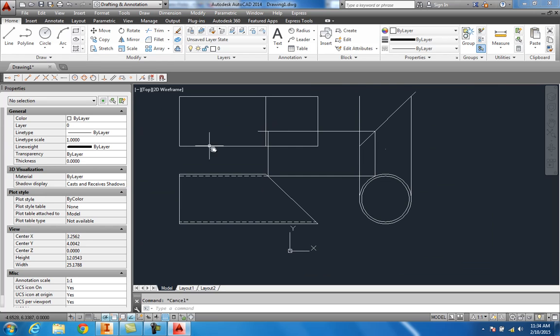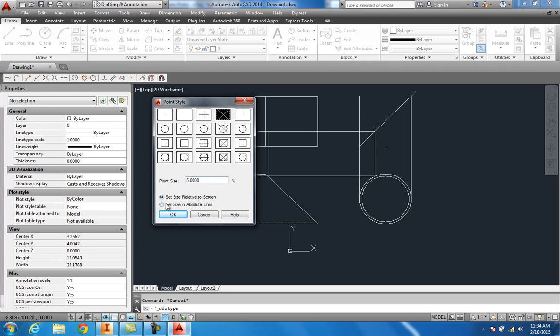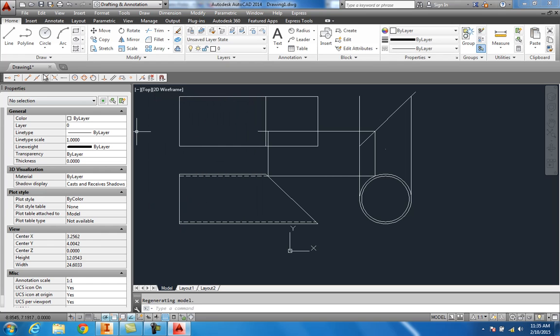So we're going to do that. And again, you have to go to Format, Point Style. Click on the point style. I always make it absolute to my screen, and 0.125 is the standard point size. We'll draw point, and slide over here and put that point in. Also, you'll have a point right in the center of this thing, and go up here and hit your midpoint snap,